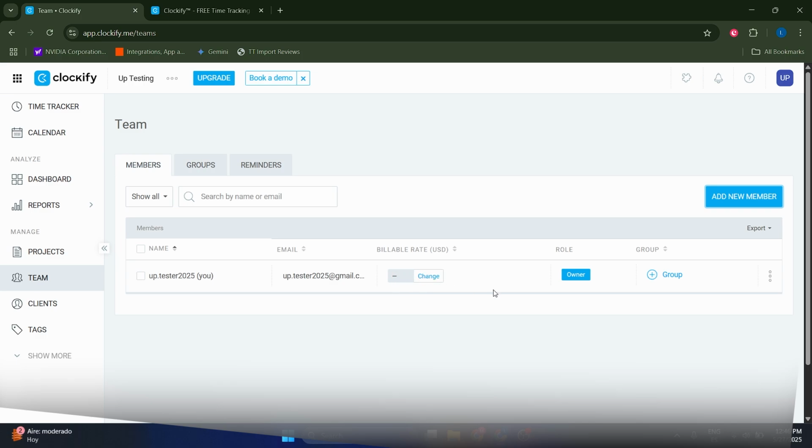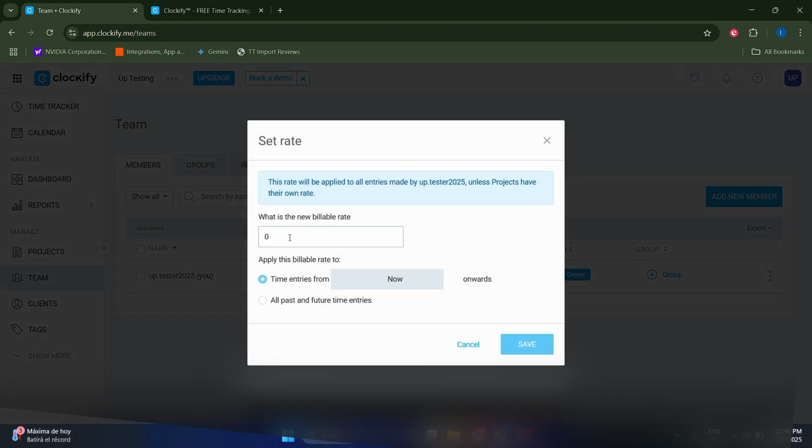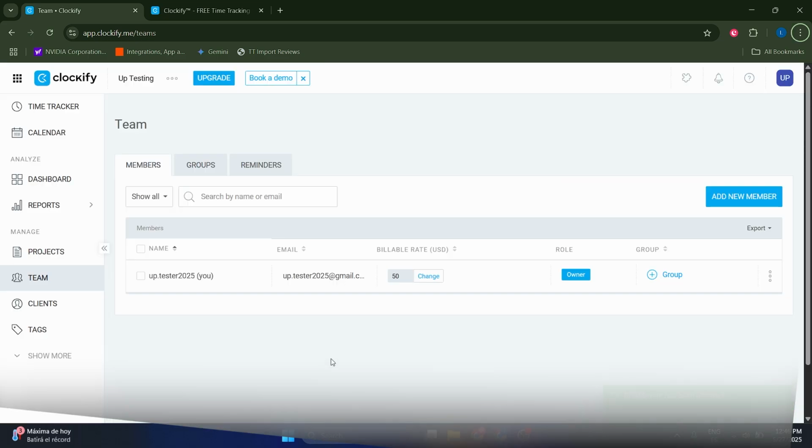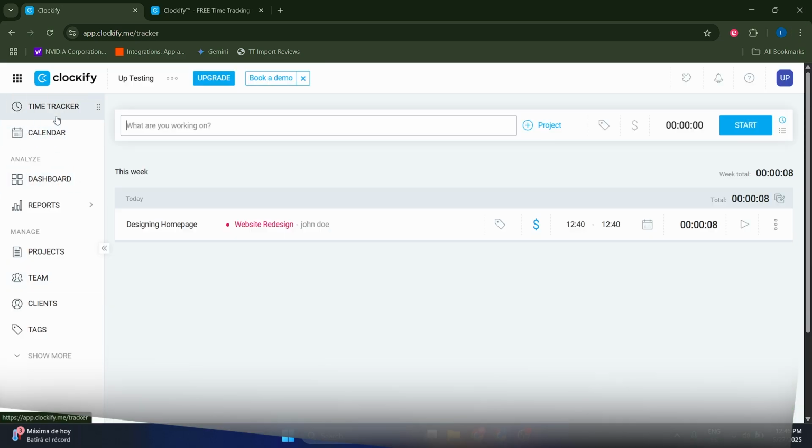So as you can see here, I don't have any billable rate assigned, but I can easily change that, or for my employees by clicking onto this button. And you can basically assign a new billable rate. Let's say, I don't know, $50 per hour, okay? And let's assign this billable rate from now onwards. Okay, so yeah. And when you do that, it's actually very easy because you can now come to your time